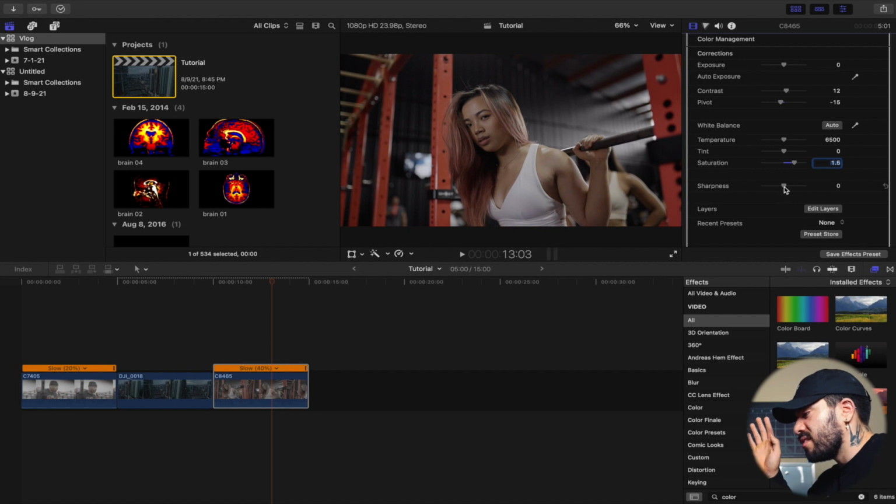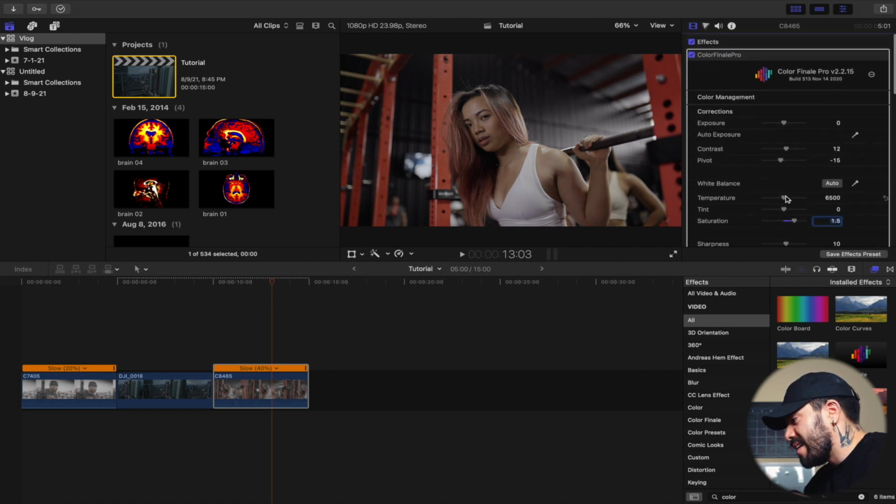1.5. And then the sharpness, I don't like to add too much sharpness because this is what that looks like. Kind of looks like a VHS look to it. So if you're going for that, cool, but I usually don't go past like 15, so maybe like 10. And then that's already a good look. I mean, you got your colors, your contrast, your highlights, everything's very nicely